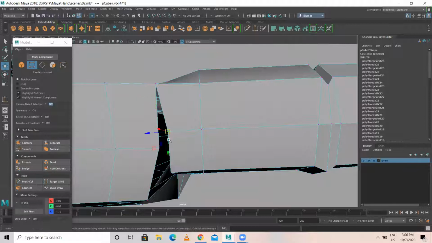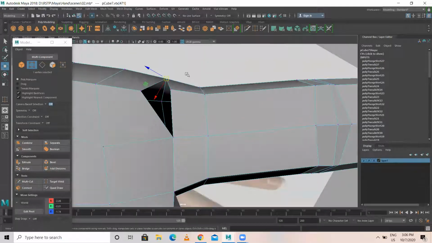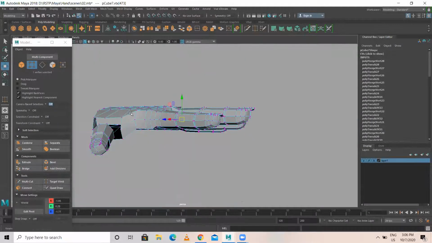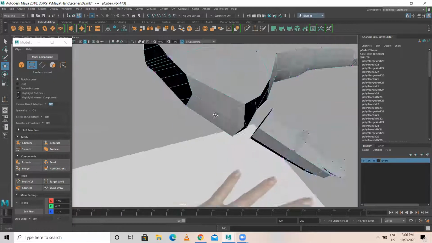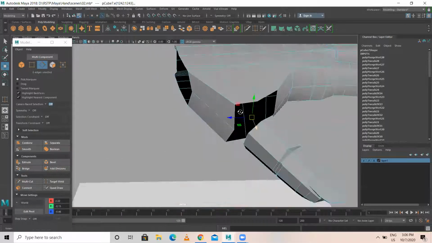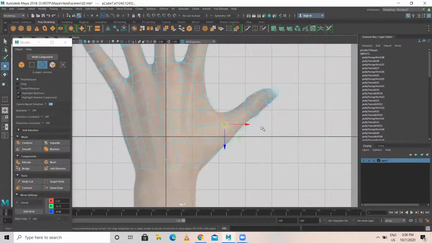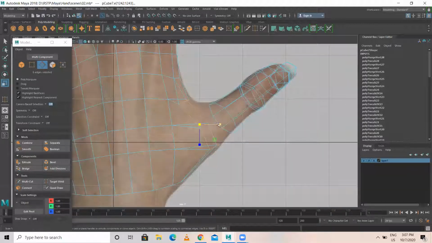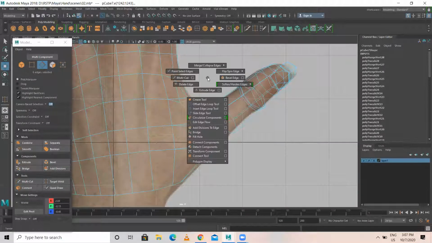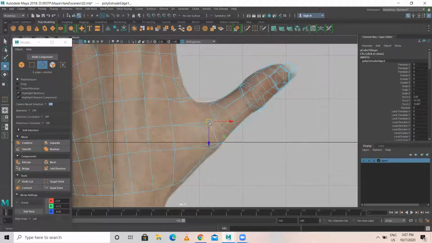Here what I can do, select this and this. G. G is to repeat the last tool. Select this and this. It's G. Both ways. Either you can weld or you can merge. Okay. Yes. Fine. What I'll do here, I'll select this. So I'm gonna keep this over here. Something like this is there. Then shift right click, extrude edge. One more over here. So I'm gonna scale it like this.